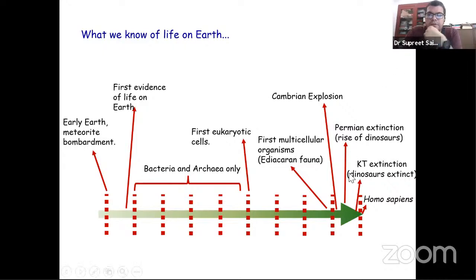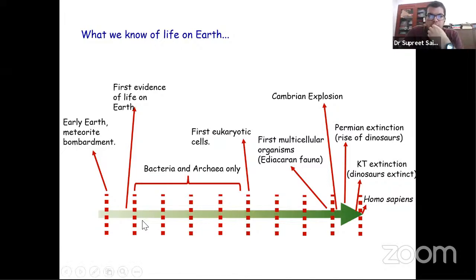Our planet is about 4.5 billion years old, 4.6 billion. And what this arrow shows is the time from the leftmost edge, which is the time when the planet was formed. The rightmost, the head of the arrow, is where we are today. And life has gone through some dramatic events in order to bring us to the place where we are today. The first evidence that we have for life on Earth is actually very, very old. It's close to 3.6, 3.7 billion years ago that we have first evidence of life on the planet.